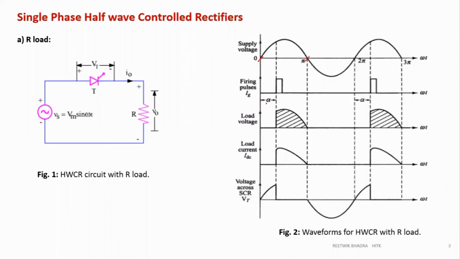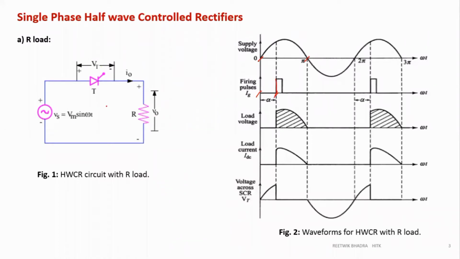If you refer to your books, you will get a better definition in a more concrete manner. You can look into that. So please go through the definition of the firing angle that I am giving you as a task. Just for your understanding, physically we are giving a gate pulse at this point. So this delay is basically your firing angle. From this point to this point, the thyristor is not given any gate pulse, so it is off. Whenever it is given a gate pulse at this point, it turns on.